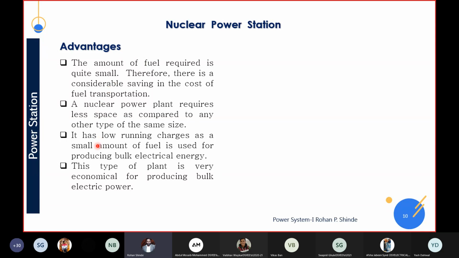Now third advantage, it has low running charges as a small amount of fuel is used for the production of bulk electrical energy. Now see here, we are going to use only a small amount of fuel, right, so the running cost or running charges are less in a nuclear power plant as compared to other power plants, okay. So this type of power plant is very economical for producing